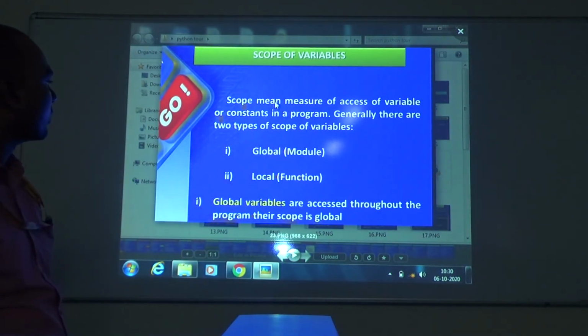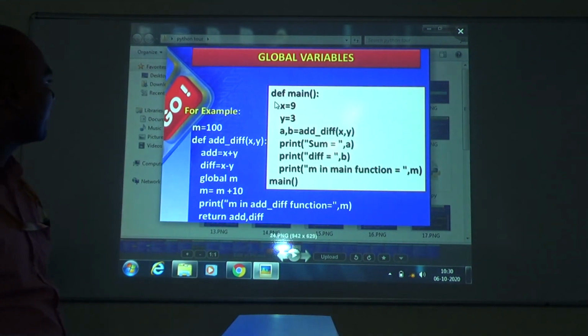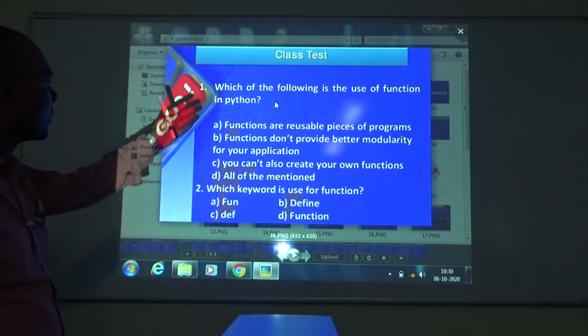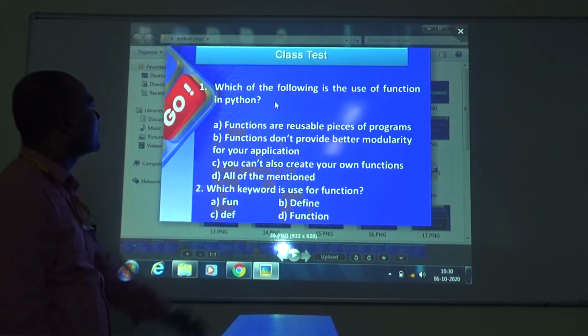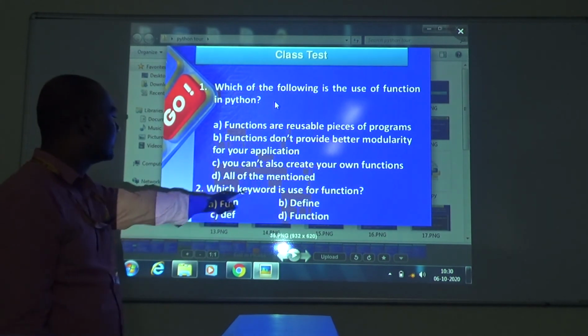Scope of variables, global and local, we have seen. Global variables, what the main scope is, is given here, as well as these questions which are useful for the exam purpose. Which of the following will use a function in Python, which keyword is useful